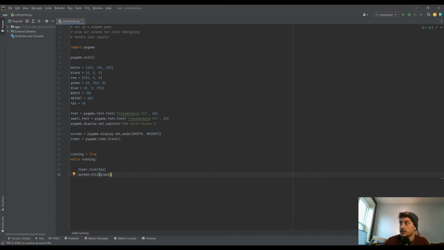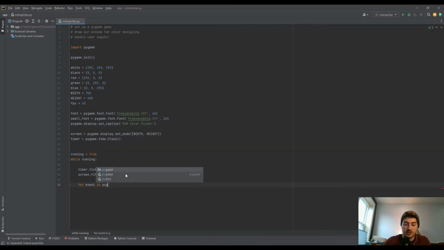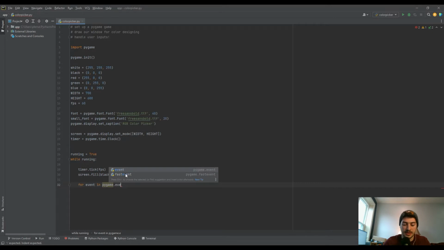And then let's get the game to a point where we can open the screen up, and then we can start building it from there. We'll enter the second phase of the build. So we're going to create what's called event handling. And so it'll be for event in pygame.event.get,